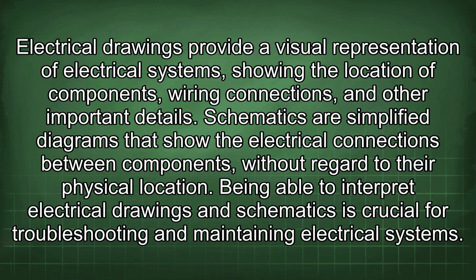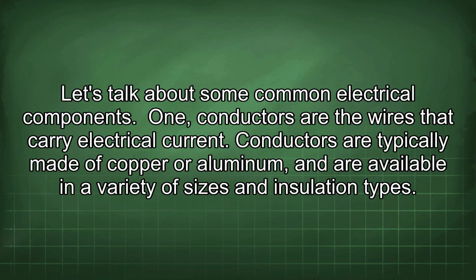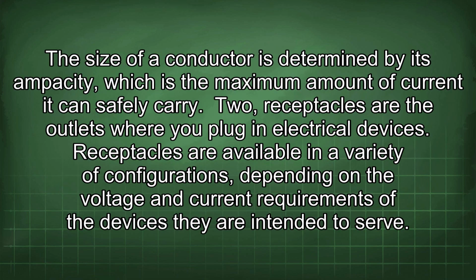Being able to interpret electrical drawings and schematics is crucial for troubleshooting and maintaining electrical systems. Let's talk about some common electrical components. 1. Conductors are the wires that carry electrical current. Conductors are typically made of copper or aluminum and are available in a variety of sizes and insulation types. The size of a conductor is determined by its ampacity, which is the maximum amount of current it can safely